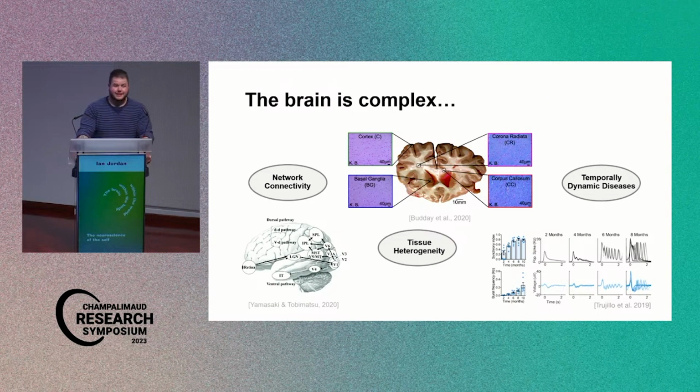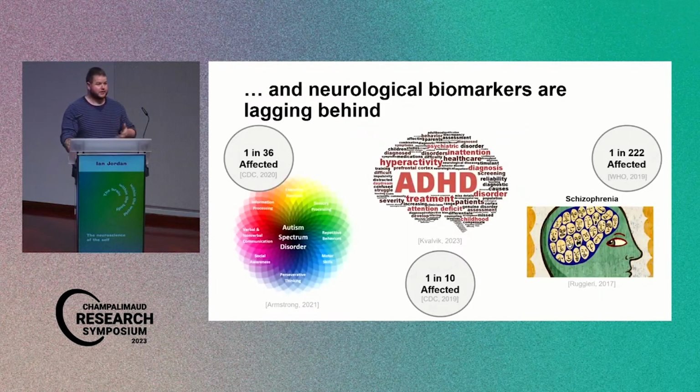Now, I don't think I need to tell the audience here today, but while keeping all this background of biomarkers in mind, the brain is notoriously complex, and this is due, of course, in part to things like network connectivity, tissue heterogeneity, as well as the fact that many neurological disorders are just temporally dynamic. As a result, clinical neurological biomarker identification is essentially non-existent for many of the neurodevelopmental disorders, as well as